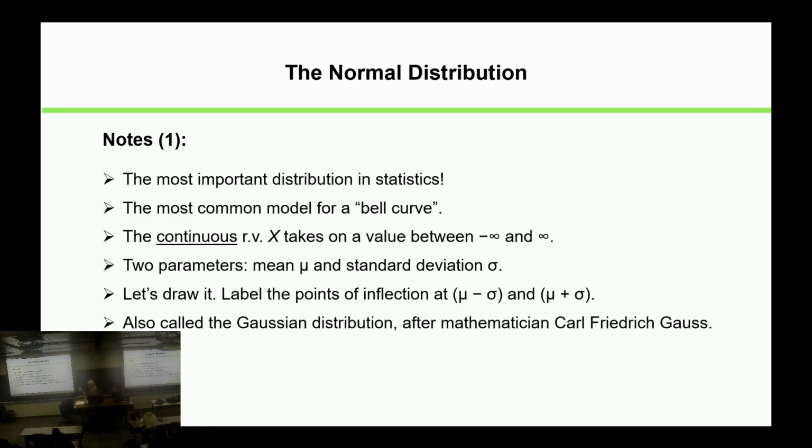Okay, the normal distribution is also called the Gaussian distribution after the mathematician Carl Friedrich Gauss, great German mathematician. Everyone calls him the Prince of Mathematics. I don't know why they call him that. That's because he and Euler kind of have to compete for who is the best.